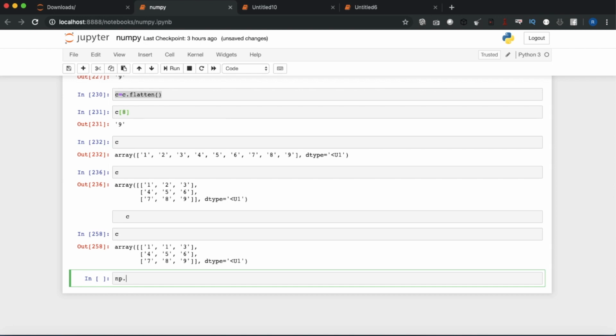Like np.argmin with axis equals None, and then .shape.